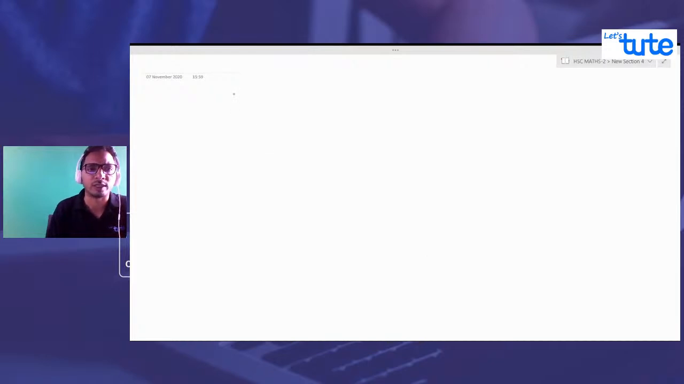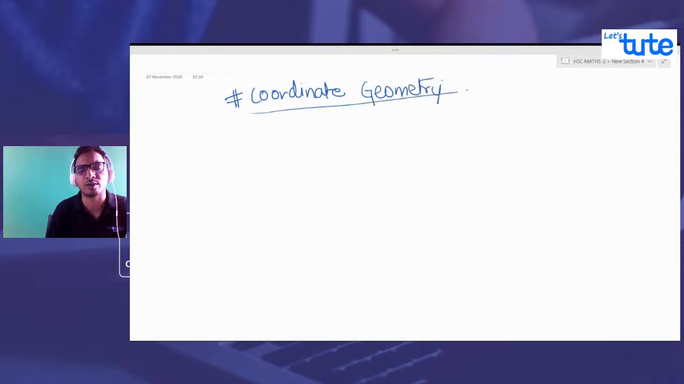the things. Coordinate geometry. This is the chapter we were looking into. So first of all, we have learned what is coordinate geometry. Let us take it as CG. Okay. So what we have understood is